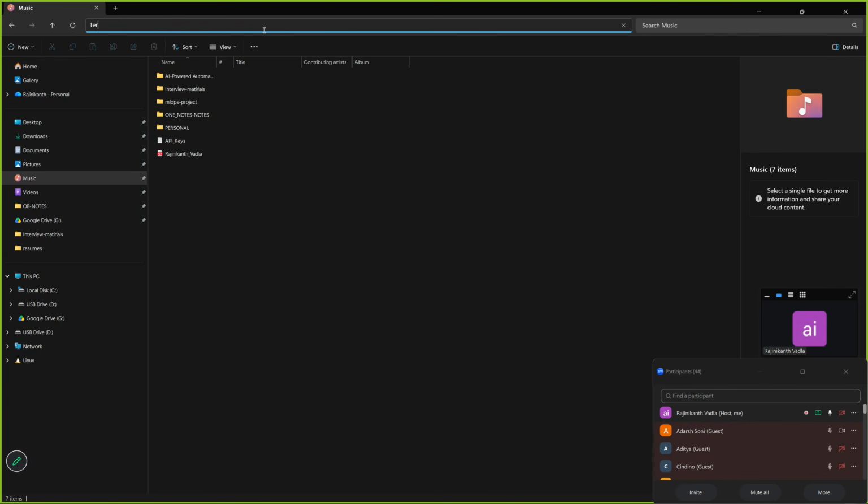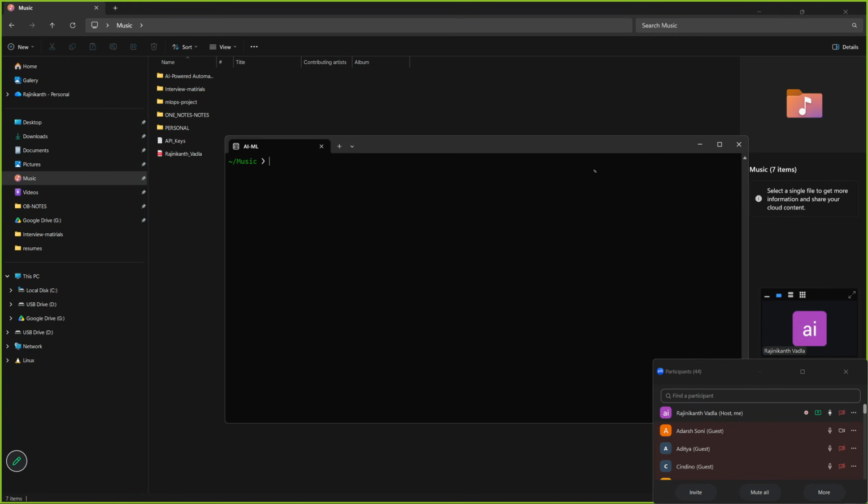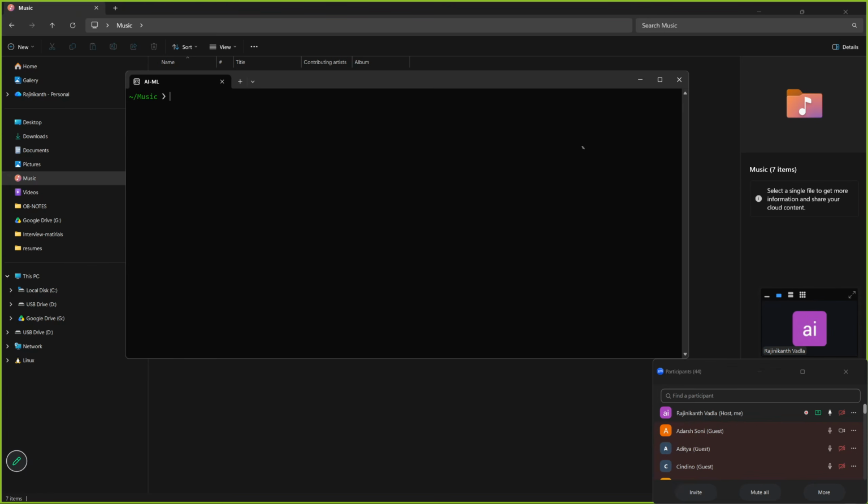In Windows, instead of CMD, open the terminal. When you open the terminal, Git Bash will not be integrated by default, and opening a separate Git Bash interface will always be a headache for you.